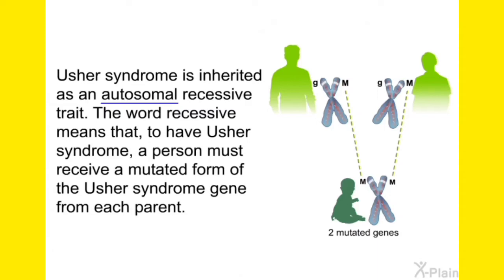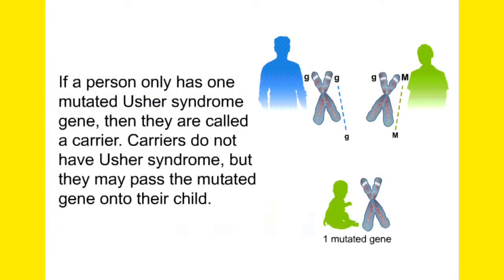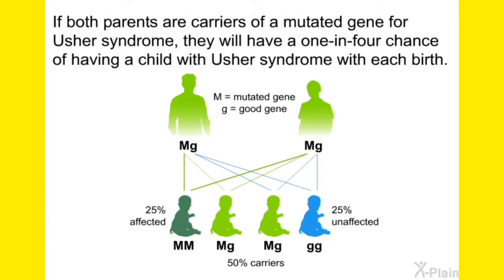Usher syndrome is inherited by autosomal recessive manner. What do you mean by the term recessive? Recessive means the person who has Usher syndrome has a mutated form of gene from each of the parents. So both the parents have given each a mutated gene and they are transferred to the child, and the child has